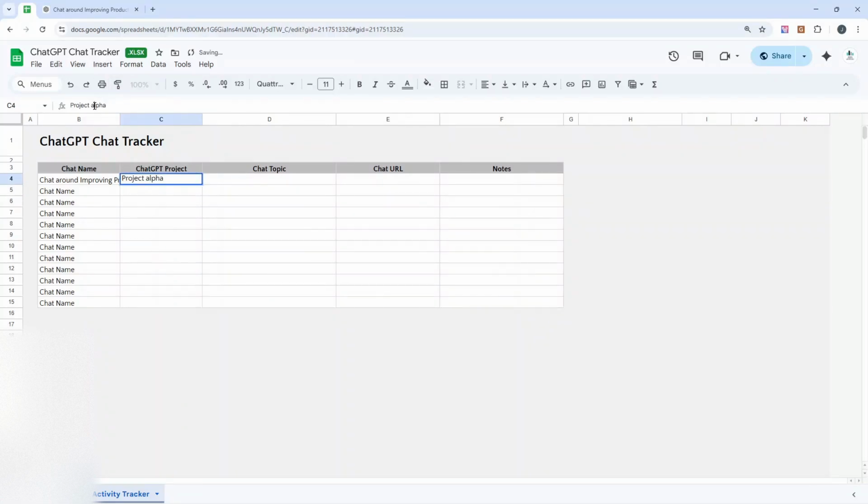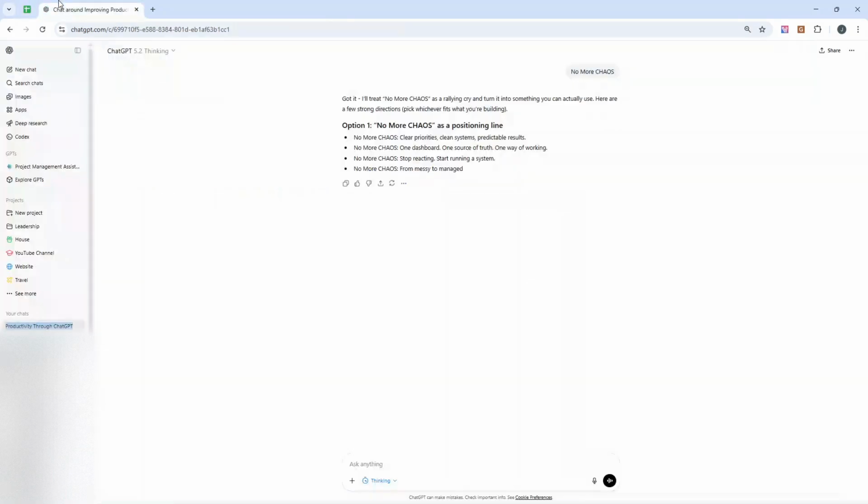So this gives you an idea of where to look in ChatGPT to find it. You could add some information to the chat topic, like this is all about helping me save time by using ChatGPT, something like that. The chat URL. So as an example, if you go back into ChatGPT, open the chat up, click this little drop down, and then